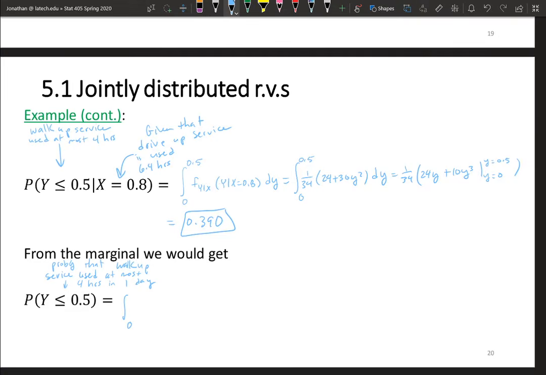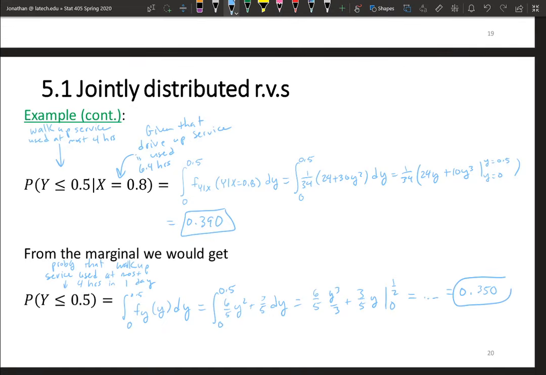That would just be the integral from 0 to 0.5 of f sub y dy. And we have to remind ourselves what was f sub y. It was equal to 6/5 y squared plus 3/5 dy. And that's 6/5 times y cubed over 3 plus 3/5 times y from 0 to 1/2. And you work that out and you get